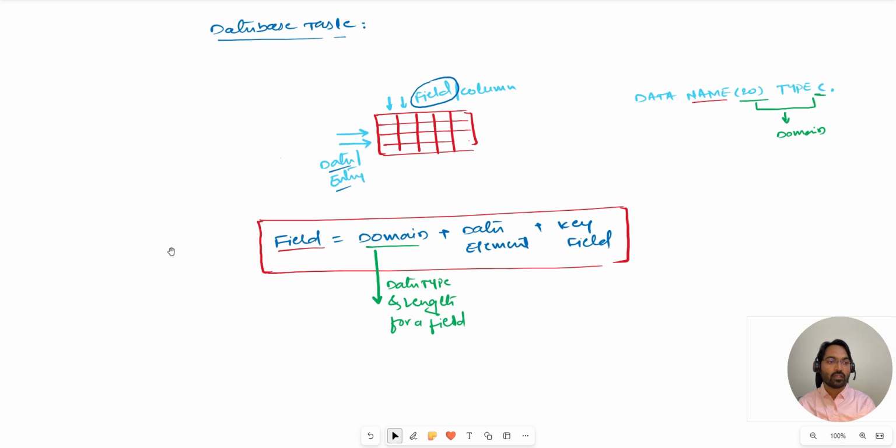Now, what is the meaning of data element? See, whatever field you have created over here, what is the field? It's a name. So I do have a simple question. What kind of name is this? Of course, name is a variable. In runtime, it is supposed to hold the data. Now, what kind of data is it holding? Name, I agree, it's a character, it's somewhat alphabets. So my question is, is it a customer name? Is it a vendor name or student name or employee name? I need some more detail about this field. So that is a part of short description. So that we are going to maintain by using data element. So with the help of data element, we are going to maintain the description